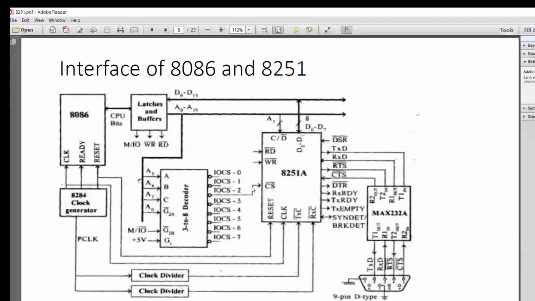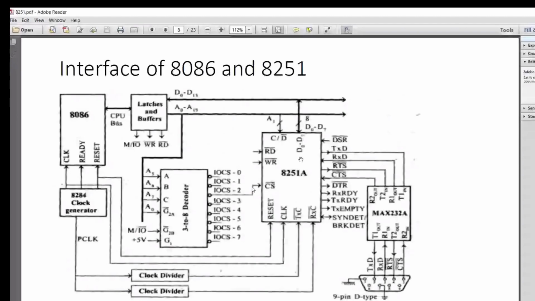Then this address line also goes into the 8251, one line is taken, A0 actually. A0 is to identify between command words and data words. So we are going to use data words inside command words to put it into a particular operation.